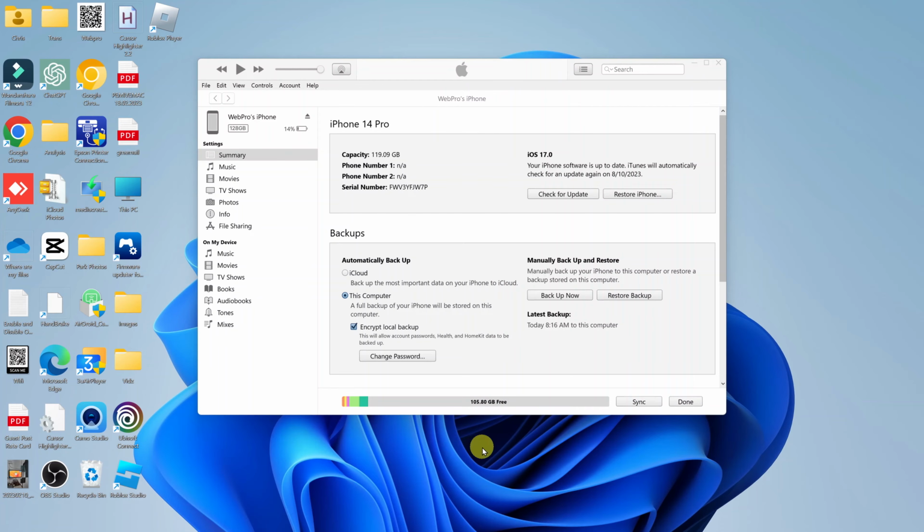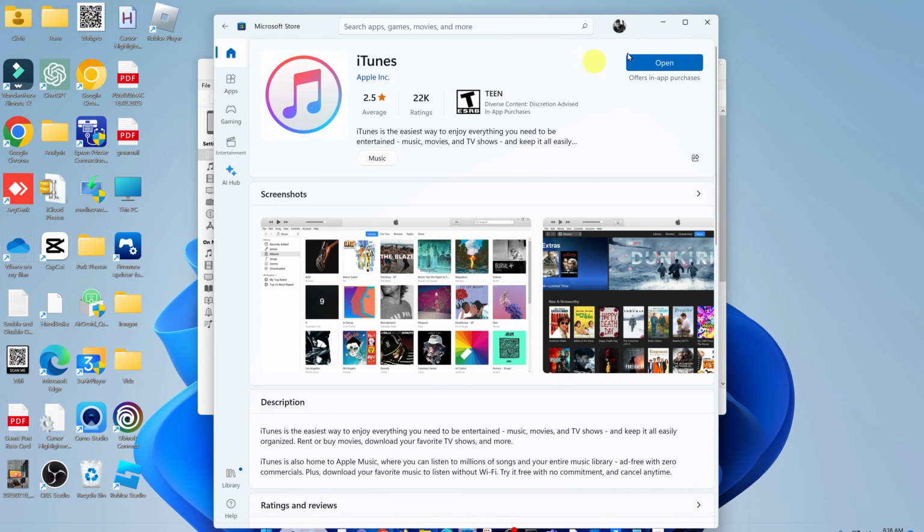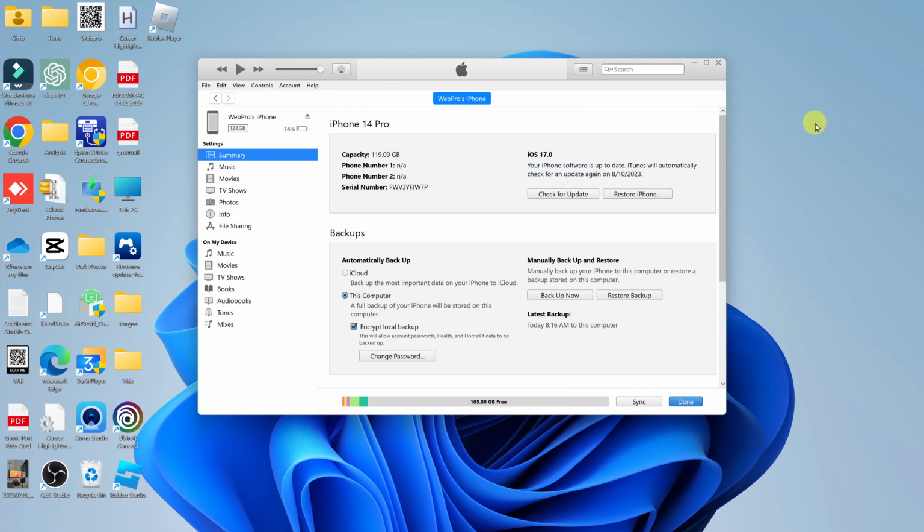So the first thing I want us to do is appreciate the fact that it might be a slightly different process depending on how you installed iTunes. Personally, I installed iTunes from the Microsoft Store. You might have installed iTunes from the Apple website by downloading and installing the installer from there. For me, since I used the Microsoft Store, that's the tutorial we're going to follow. But then I'll mention how you can tweak this tutorial to work for you even if you installed from the Apple website. So, the first thing you need to do is identify or find the backup location of your